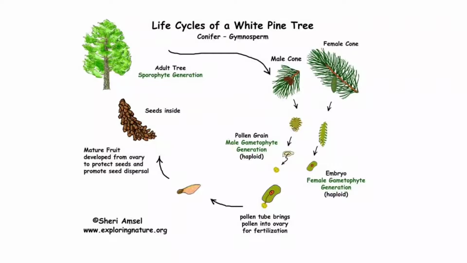If you look here, the same thing is explained. An adult tree produces male and female cones. Male cone bears microsporophylls, and inside the microsporophylls you have microsporangia, and microsporangia bear microspores. Those microspores will develop into pollen grains. And similarly, in case of female cone, you have megasporophylls. These megasporophylls have megaspore, and that megaspore will develop into ovule. Inside the ovule, you will find the presence of female gamete.